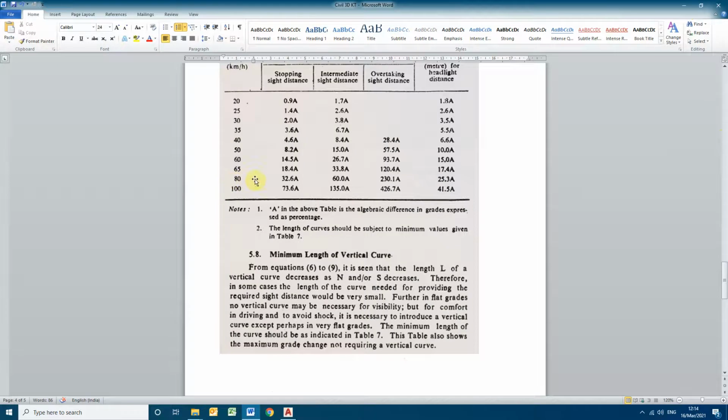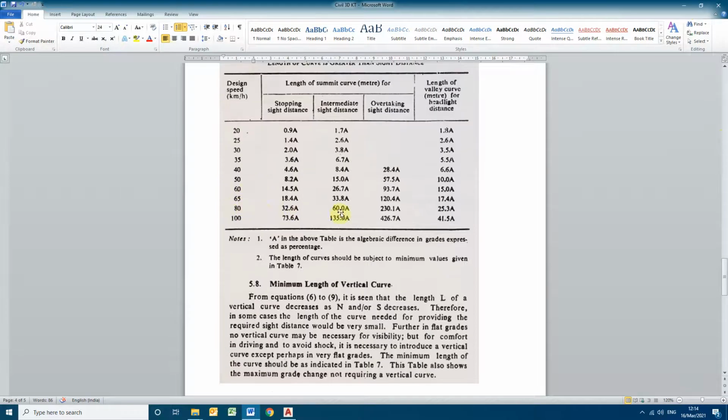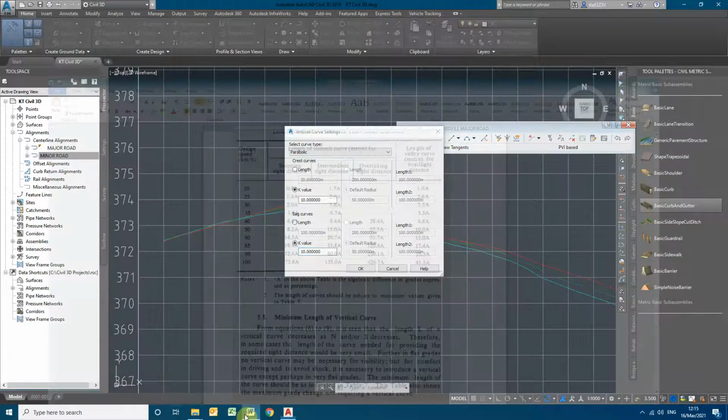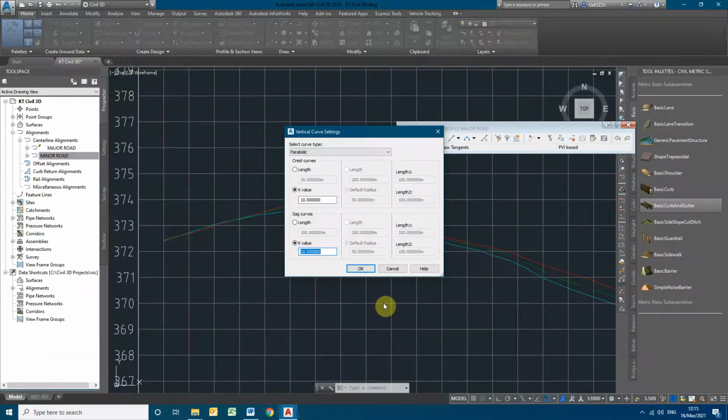So for the 80 kilometers design speed, if you are doing the design for the intermediate sight distance, for the summit curve, the minimum K value should be 60, and for the valley curve it is 25.3. So I will give you the crest and sag curves. So sag is the valley curve, which for this data is 25.3, and crest is 60.